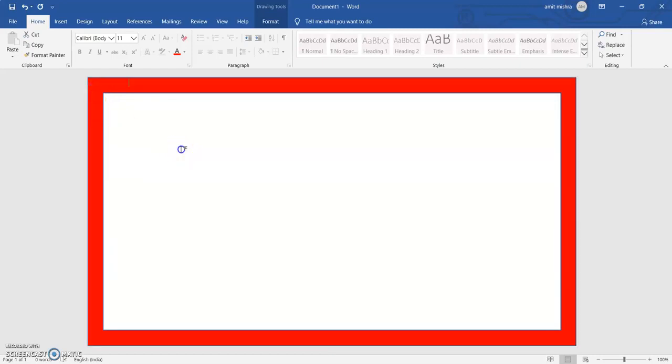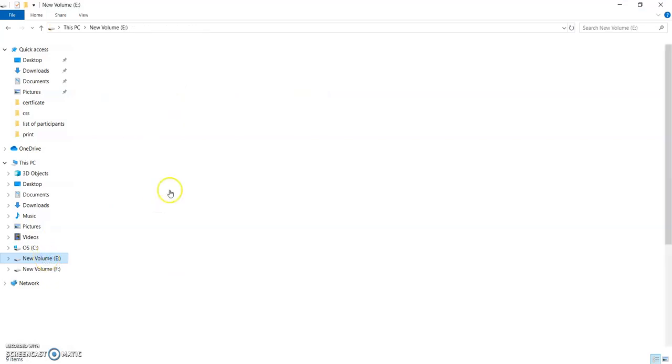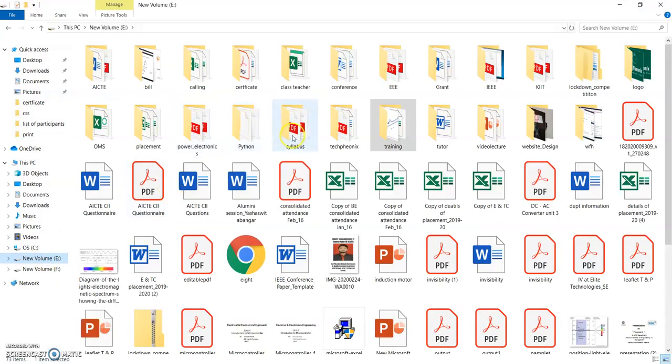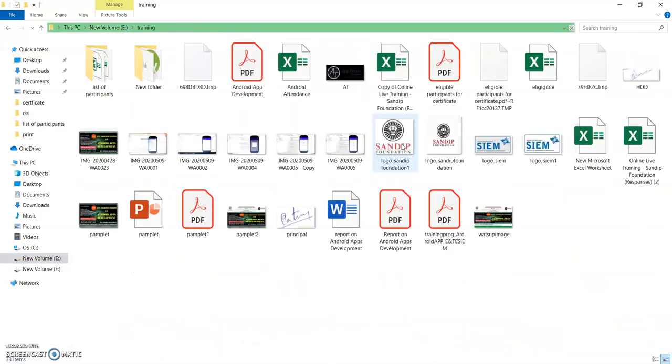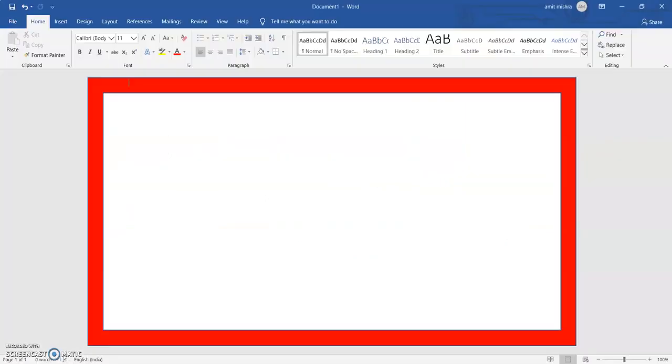After doing this, now in a certificate the important thing is the logo. So I'll go to the folder where I've stored the logo. This is one of the logos which I have. So I'll copy it and simply paste it over here.